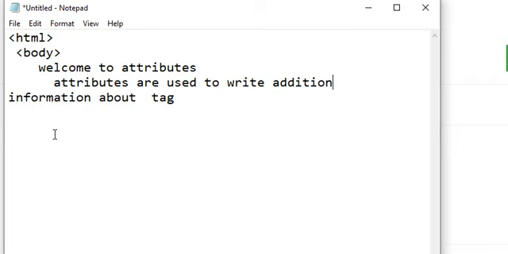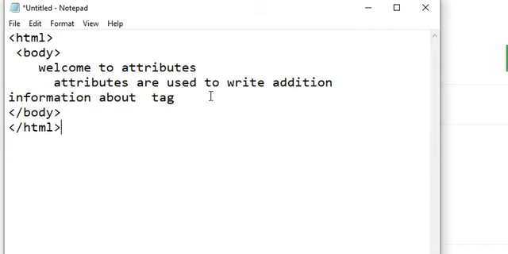Let us see how we write it. Then slash body; in the body I am closing the tag.